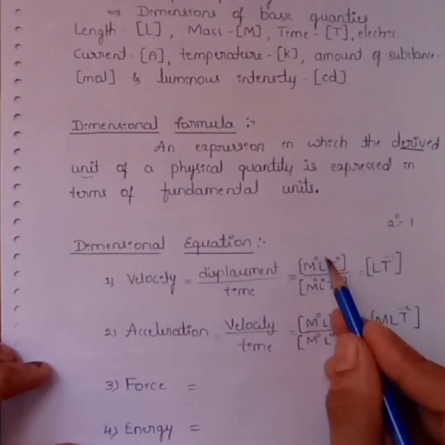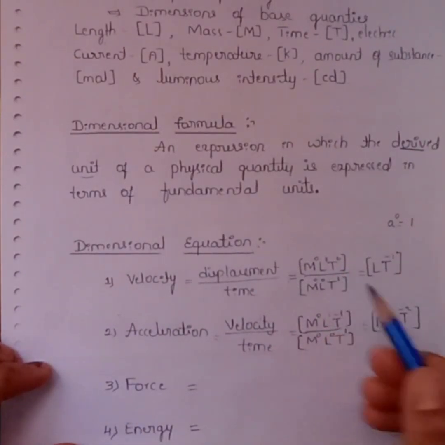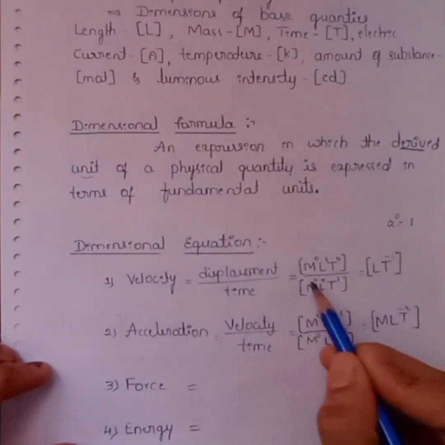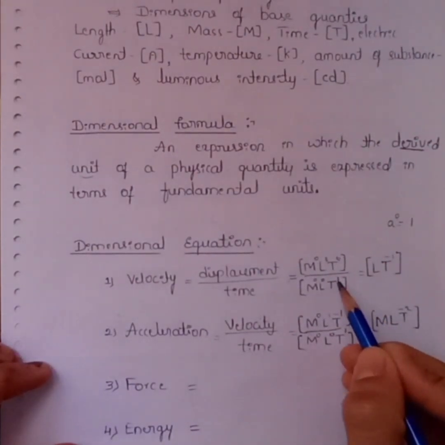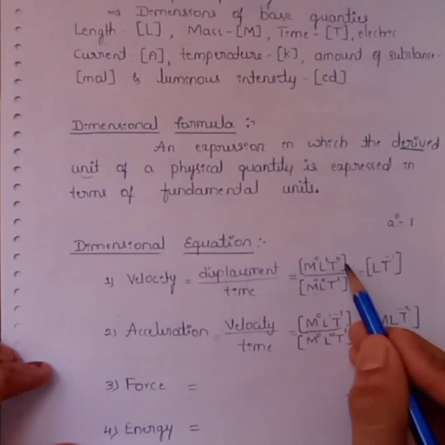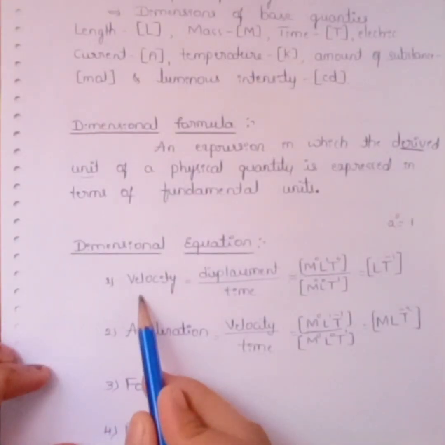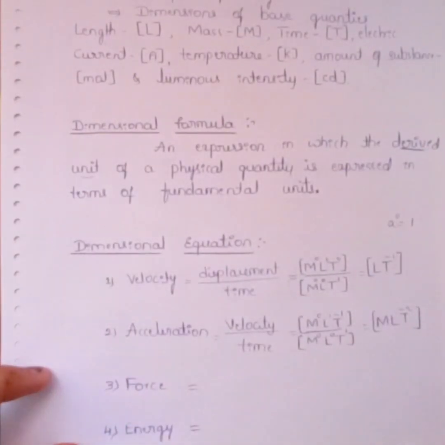L to the power of 1, L to the power of 0 is there, so which gives L to the power of 1. T to the power of 0 in numerator, T to the power of 1 is there in denominator, when it comes to the numerator, which gives T to the power of minus 1. So LT minus 1 is the dimensional formula for velocity. In the similar way,